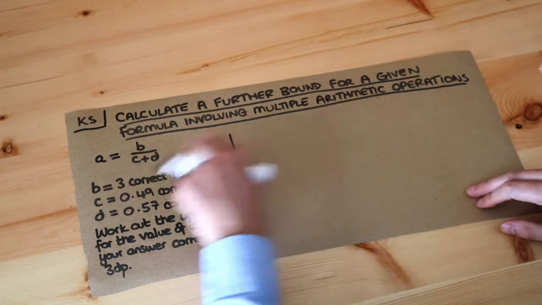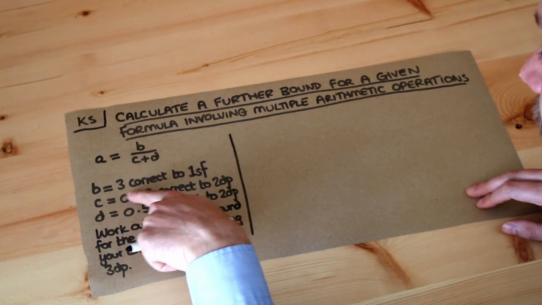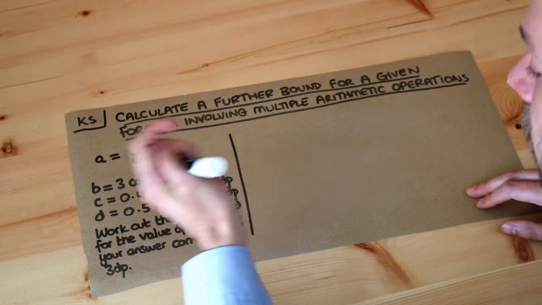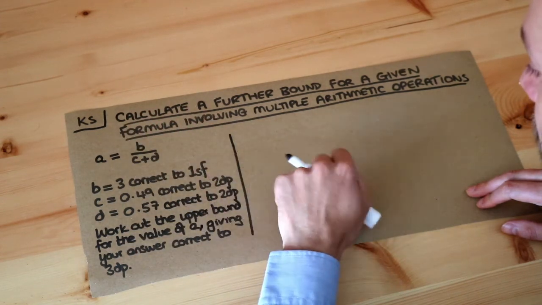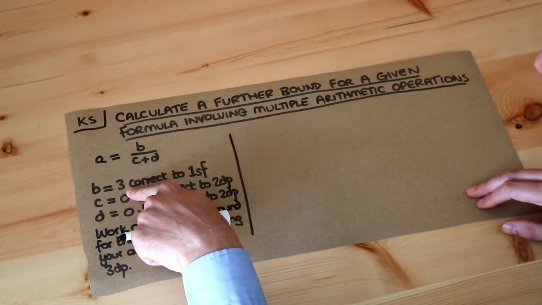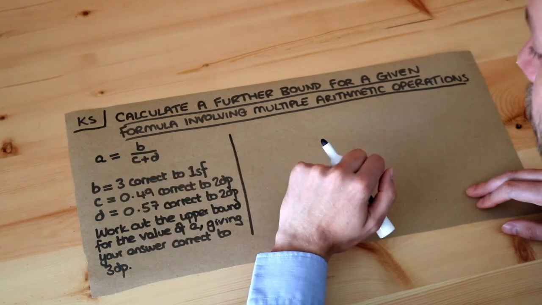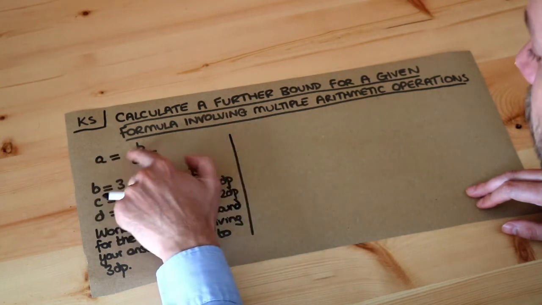So let's look at this. A is equal to b over c plus d, and we're given different values for b, c and d, which is some value rounded to a given number of significant figures or decimal places. So we don't know what b is, but we know that when rounded to one significant figure, it is 3, for example. Now we explored this in a previous video where we might have, say, a equals b over c,